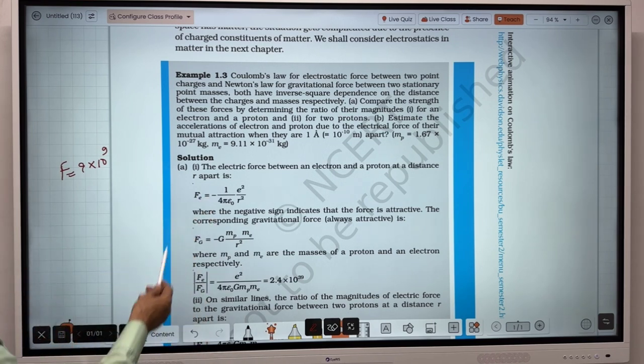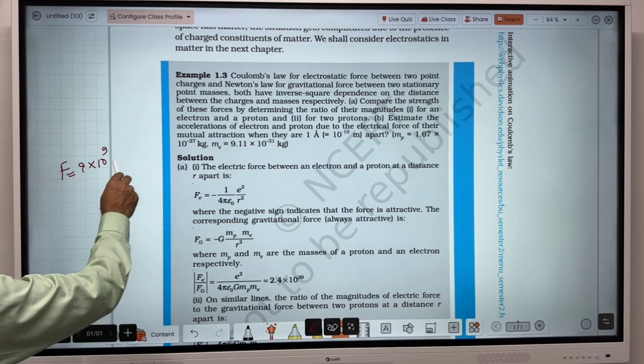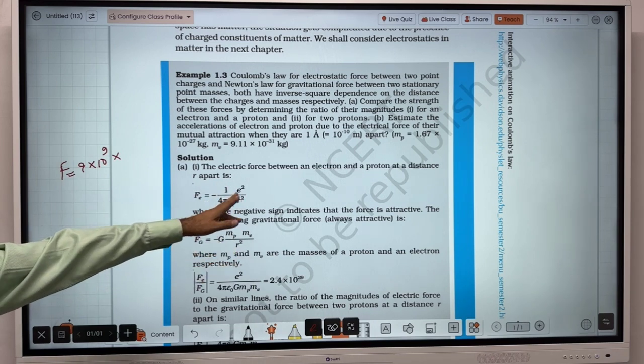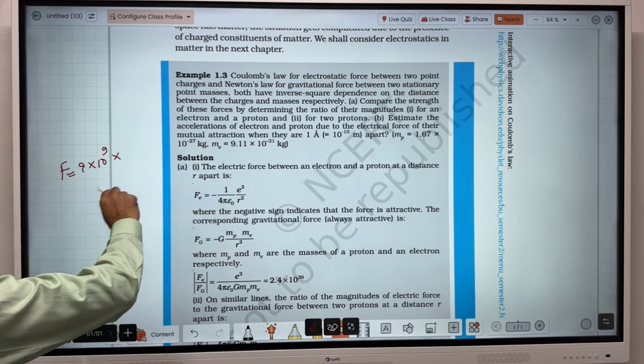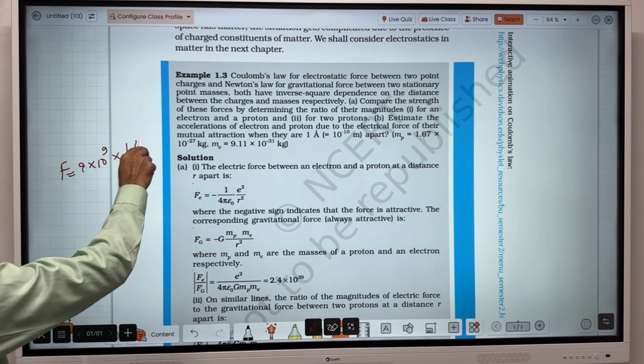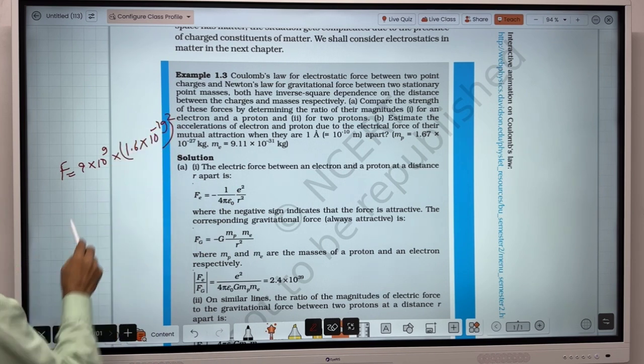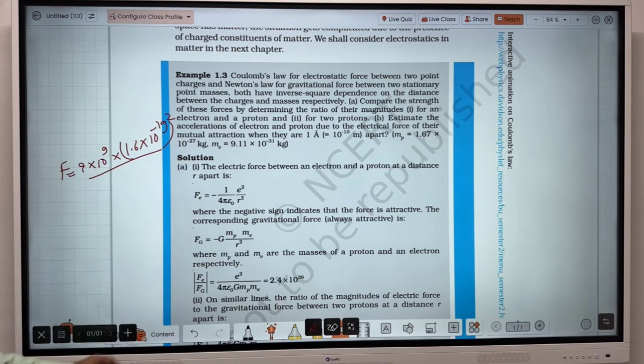So this is the general notation. The attractive force is given a negative sign, and 9 into 10 power 9 is the value of 1 upon 4 pi epsilon naught, times E square. E square means electronic charge square, so 1.6 into 10 to the power minus 19. You can square it, divided by the separation, which is given as 1 angstrom,